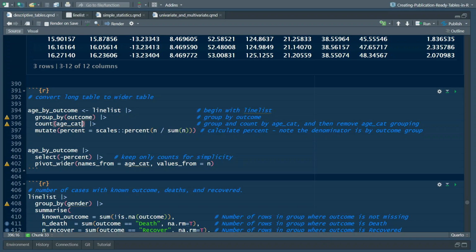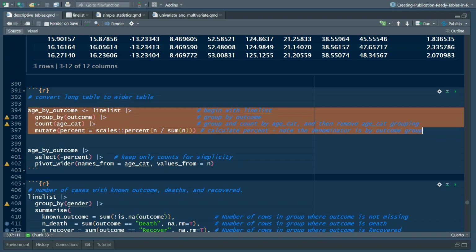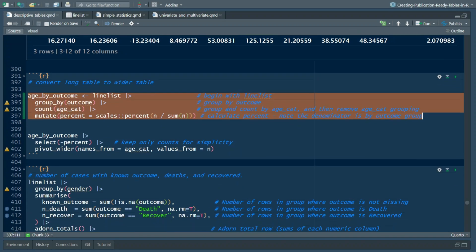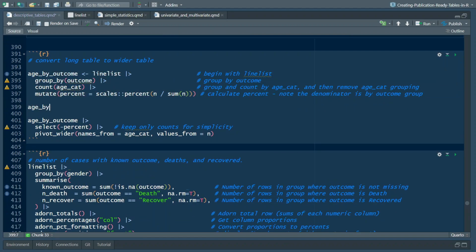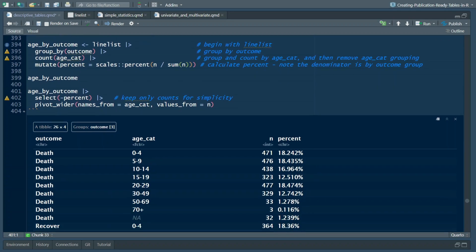So this is just our table that we have. I think we have already talked about this table earlier on. We just called it age by outcome. So these are age by outcome now. What we are going to be doing in this place is making this age by outcome. We already have our outcome and we already have our age category. We're now going to be making age category,